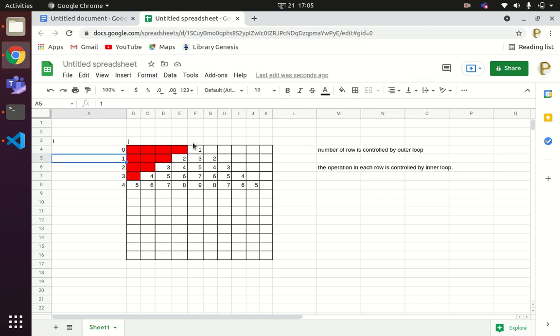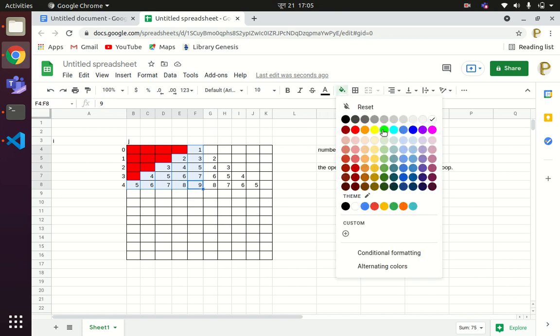One more thing that we need to print is these numbers. You can see there is a pattern in these numbers as well. I'll color this number by this color.